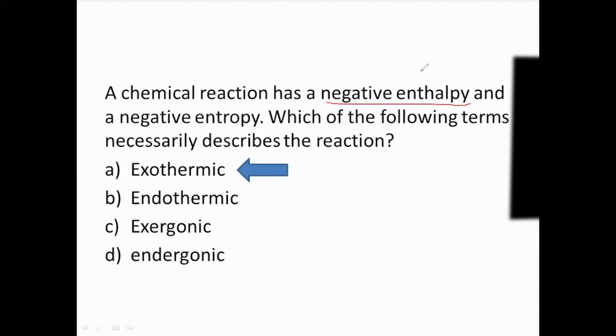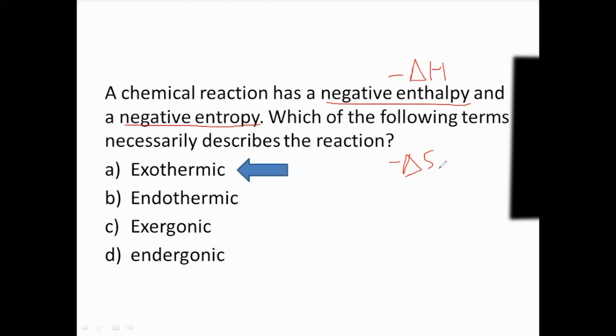Enthalpy I mentioned is H, so it has a negative delta H and a negative entropy, which is negative delta S. We know that a negative delta H is favorable and positive is unfavorable. Whereas with entropy, it's the opposite. A positive delta S is favorable while a negative delta S is unfavorable,